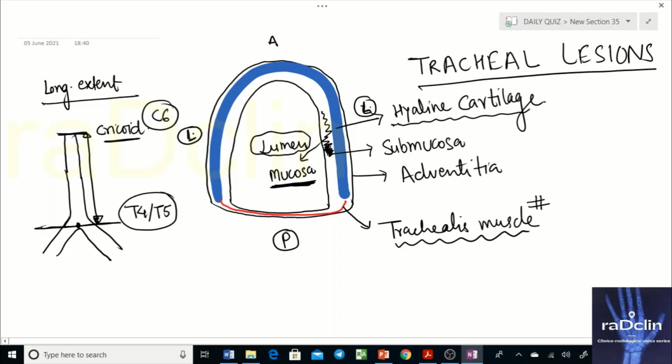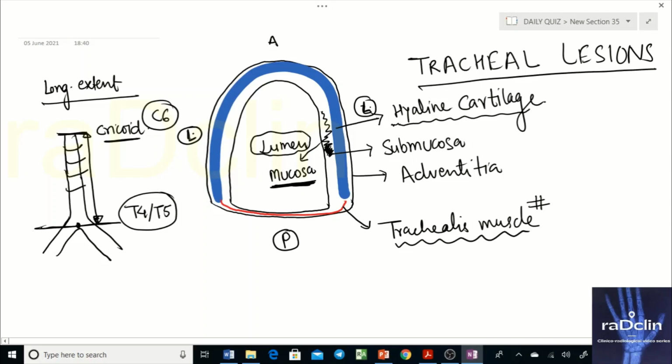When do you call something a bronchiole? You call an airway a bronchiole when it loses cartilage. All bronchi have cartilage in their wall, although not a complete cartilage ring surrounding them; there are bits and pieces of cartilage in their wall. But the trachea characteristically has a U-shaped cartilage that is incomplete, in the form of rings.